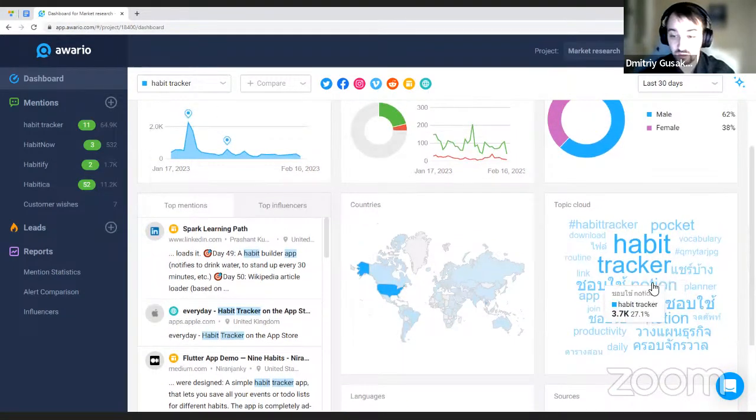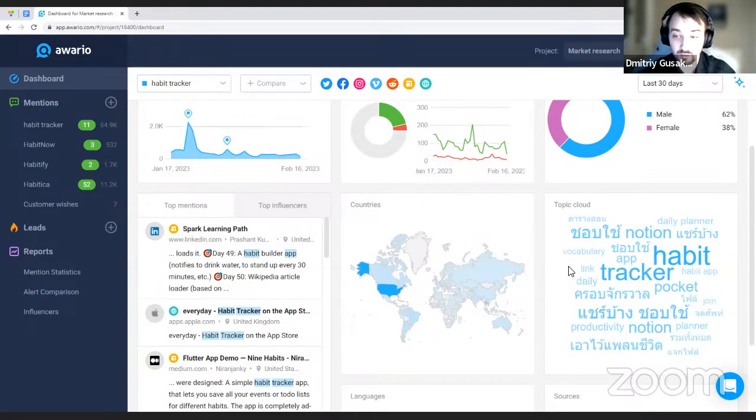So, of course, Notion pops up here, a very good example from before. Hashtag habit tracker, words for downloading something, the word routine, which is undoubtedly related to tracking, an app like that. And the best part is you can click on any of those and just get a jump start on whatever is being said.